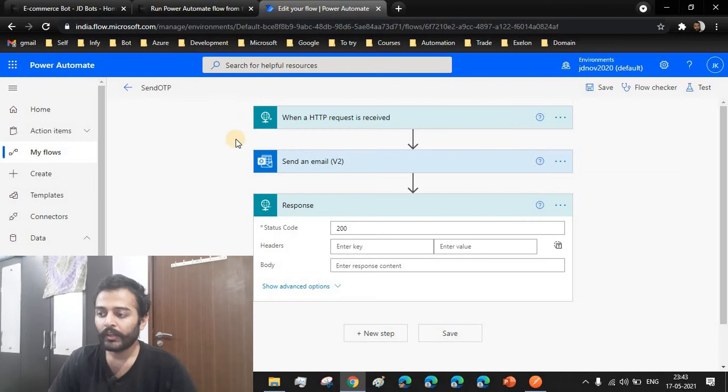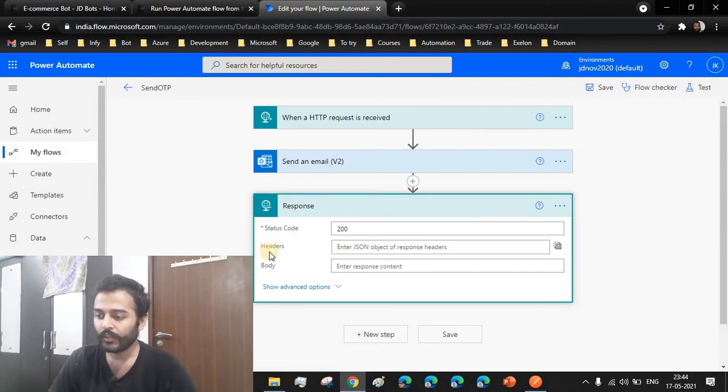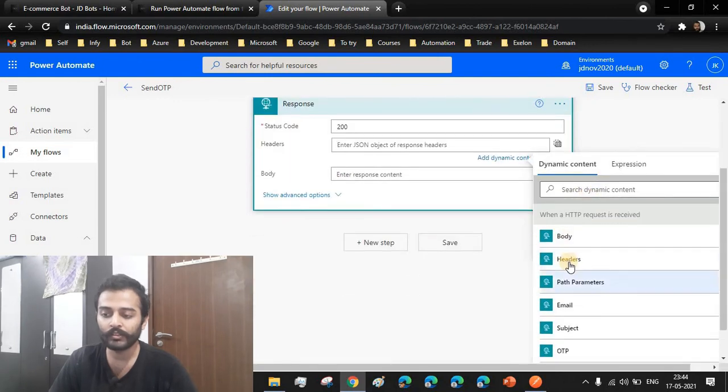So when the API request is successful to this trigger, that means you'll have to send some response back to the Postman or any client application you're using. We have the status code, that is 200, the success status code, and I'll change it to JSON object. Earlier it was key value pair. I am changing it to the JSON object and just passing it from the list of variables available from the